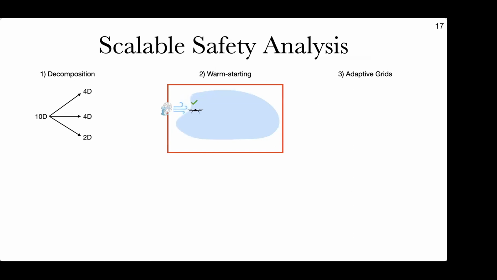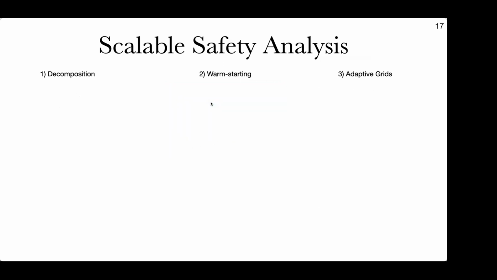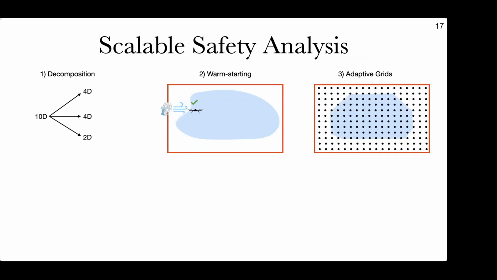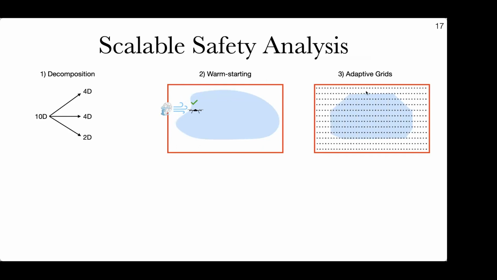There's some stuff that we have done that has helped a bit. So we do things like decomposition, taking large scale systems and decomposing them into smaller scale subsystems, analyzing them separately and composing them together, that kind of a multi-scale approach. Warm starting, so when we find out that the world is different than we expected, like this little fan right here, rather than recomputing everything from scratch, starting with that previous initialization and updating it. And doing adaptive grids, so doing very coarse approximations initially and then updating as we refine our grid.